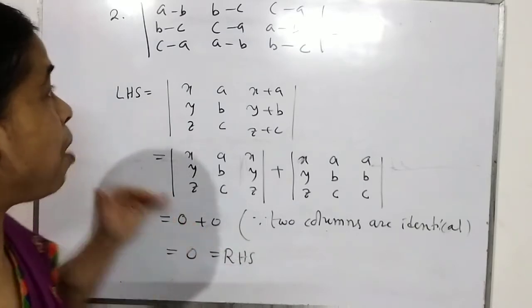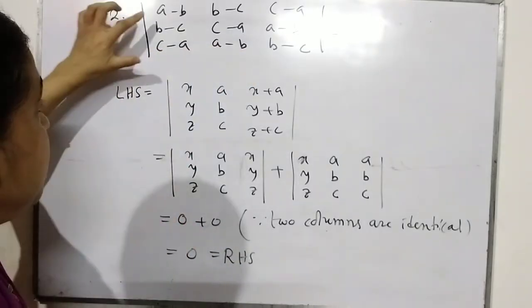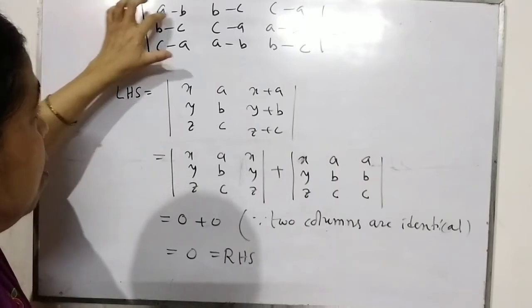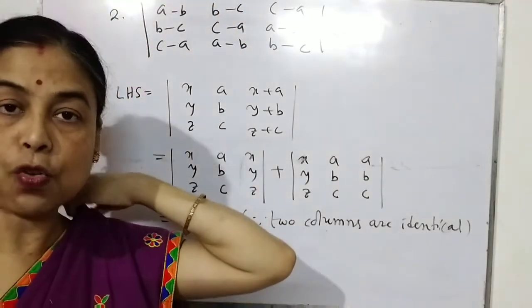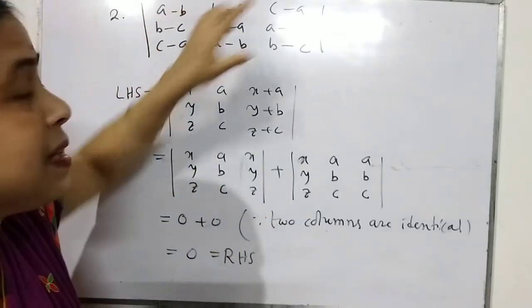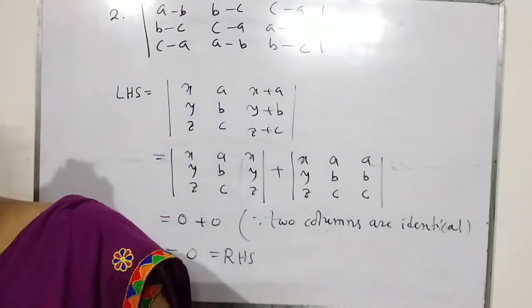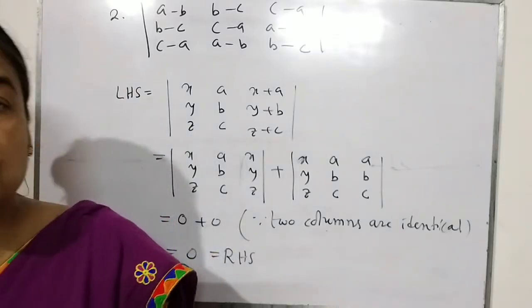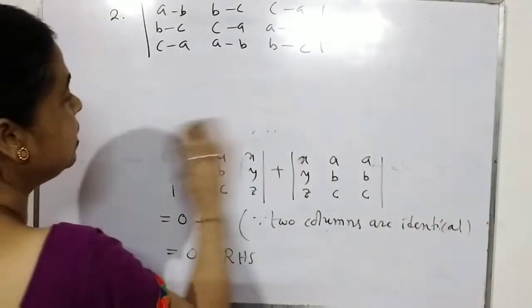If I look at the left hand side properly, you will understand that if I add column 1 with column 2 and with column 3, that means applying the sixth property twice, everything will cancel out: a with a, b with b and c with c. So I can use that property. That means I will apply the sixth property on the left hand side.